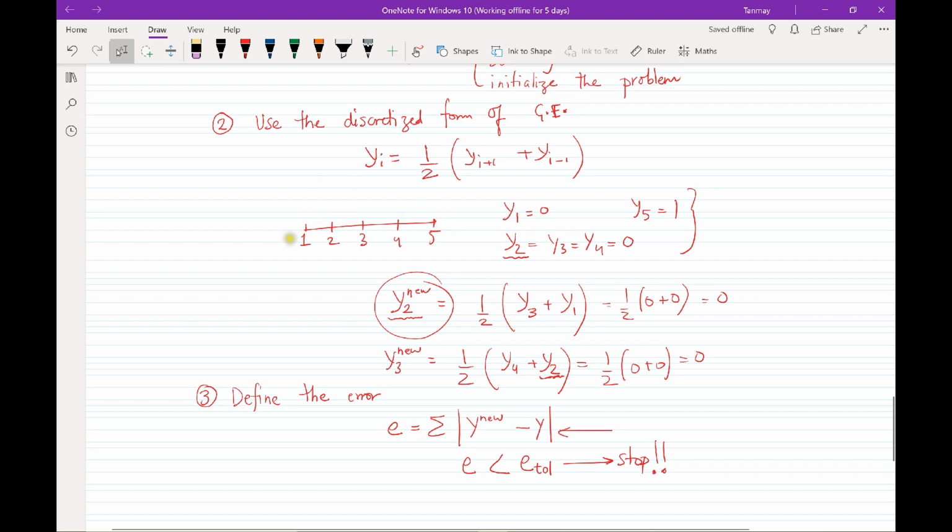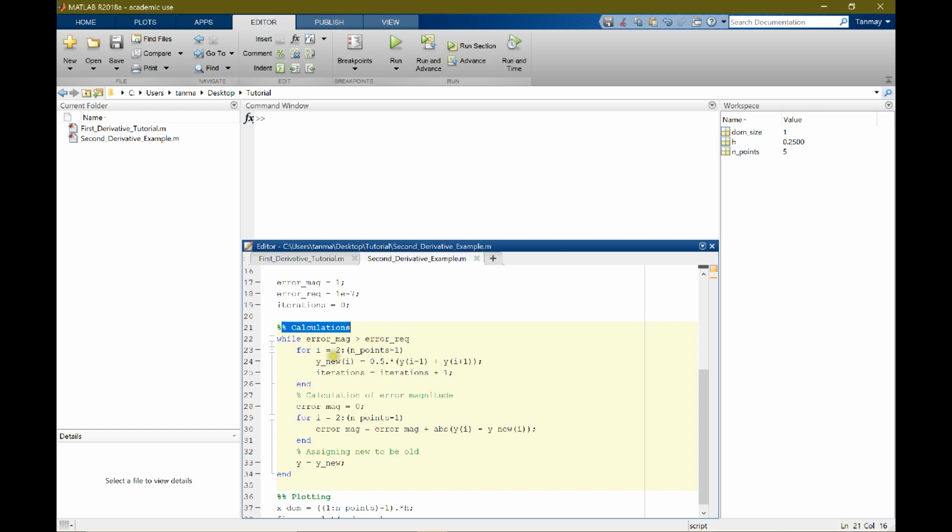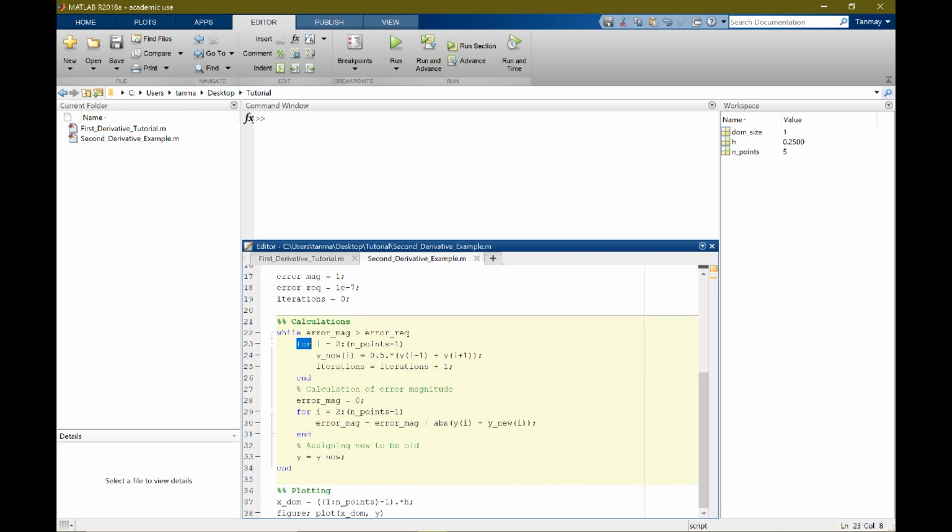So we don't have to use the governing equations on the boundary. We only have to use the governing equation from the point 2 to the second last point. So this is done using a for loop. This is very common in C programming or Matlab programming or even Fortran, that when you want to do these kind of repeated calculations for multiple points, you use a for loop that does it for every single point. But we have a small condition on